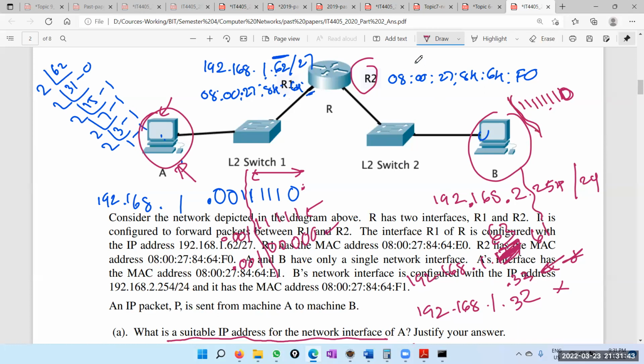So the possible IP address range is all zeros to all ones. We can't touch the other part. Therefore, for this subnetwork, the IP address range is